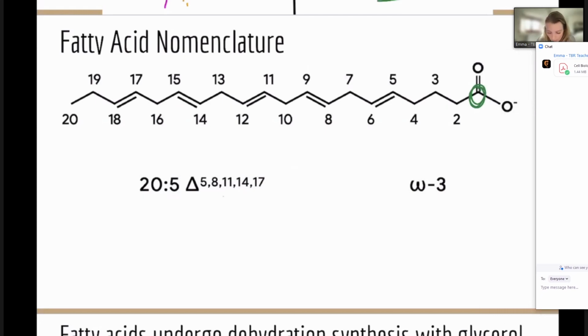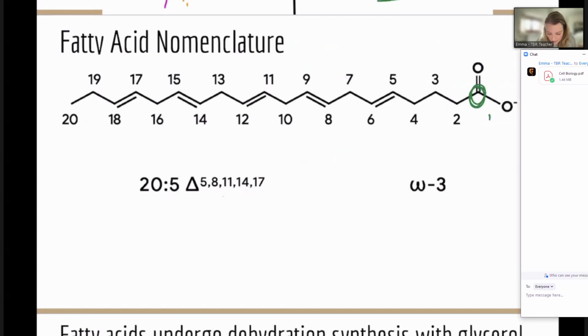So we're going to start our numbering. This then becomes number one. The carbonyl carbon is always going to be number one, and you're going to count the tail. Sometimes I think in one of my MCAT, maybe it was a practice, can't remember if it was the real thing, they asked you what's the fatty acid nomenclature for this molecule? And it was written in front of you like this. So it's just a good skill to have.